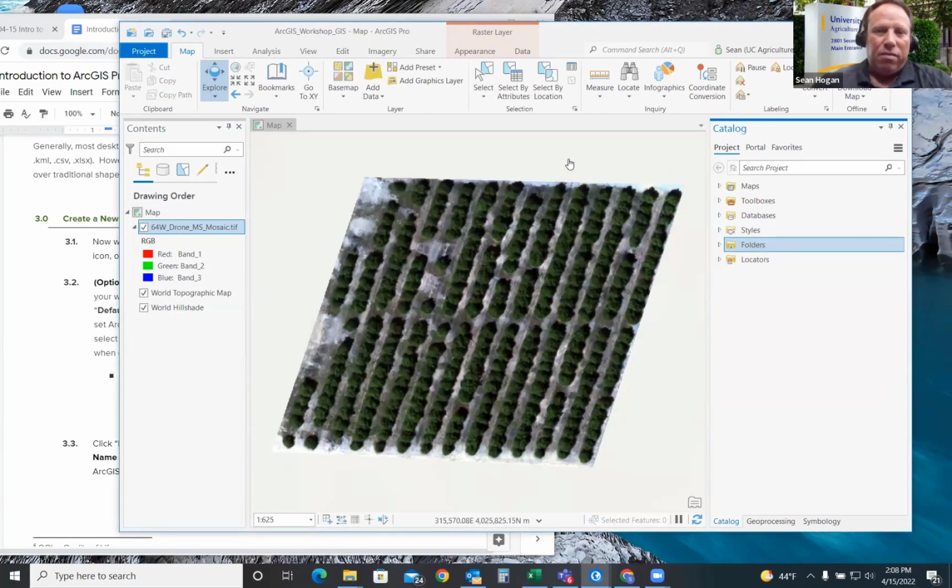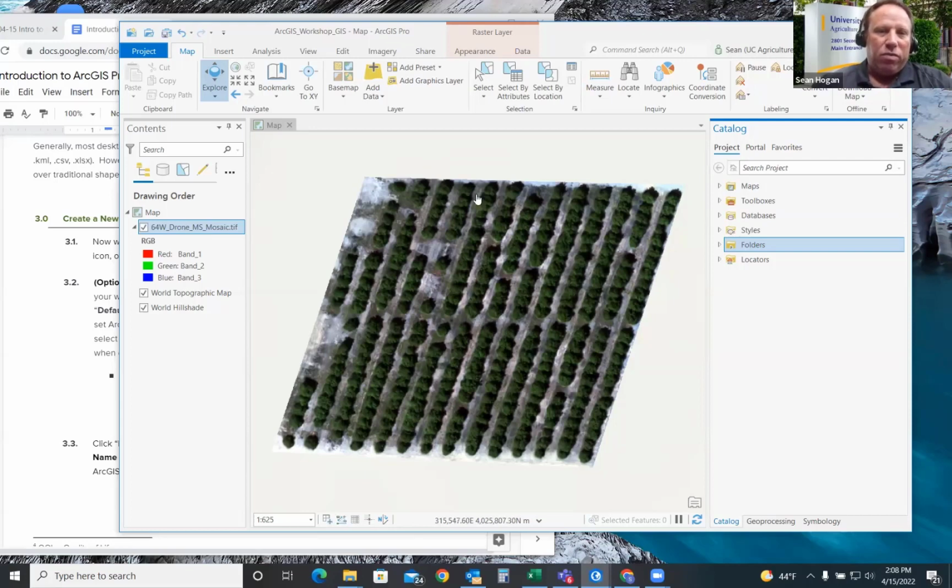Now though, let's add in some more layers. The first step we're going to really go over is just putting your data into your project. And typically it depends on the type of project. Often you'll be adding in a bunch of different layers, some of which you might want to use, some of which you may not, but often you'll be adding in more than you need. And a large part of the process is organizing and setting up your layers so they can be displayed appropriately on your map. So just right off, I want to put in a whole bunch of layers.